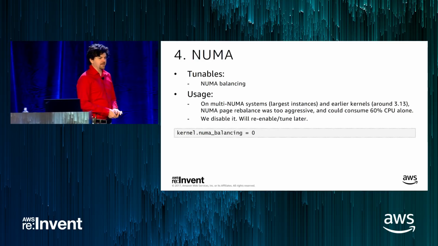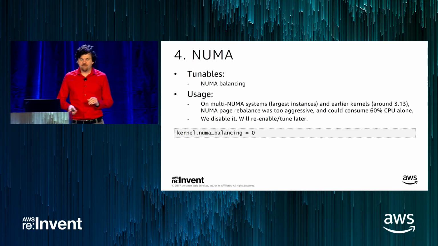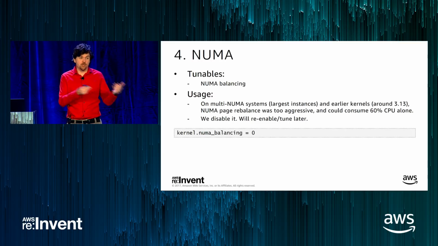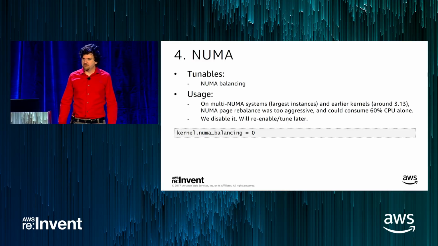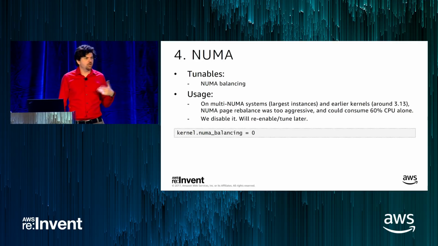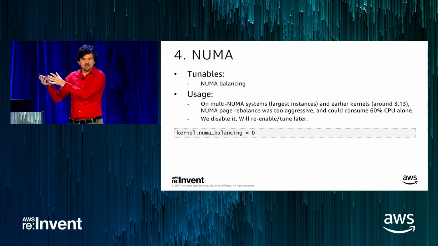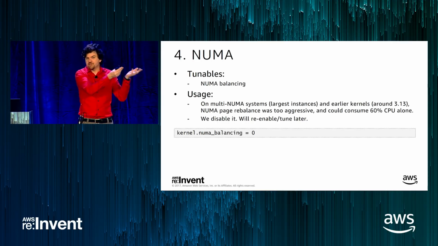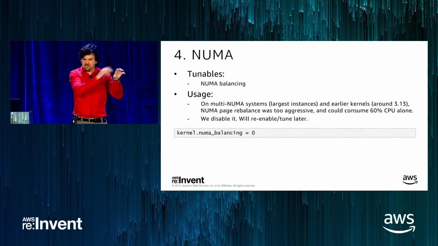NUMA balancing, another tunable to be aware of. Fortunately, many instance types are so small they don't have different NUMA nodes. So if you run numastat, you only get one node. But for the very large instance types, they are multi-NUMA systems, and you'll have multiple nodes. And then the kernel can spend time moving pages from one node to another. And when I say node, it could be a bank of memory attached to one socket processor. And then there's another bank of memory attached to another socket processor. And if your application is busy running on one socket, you'd rather talk to local memory than going over the